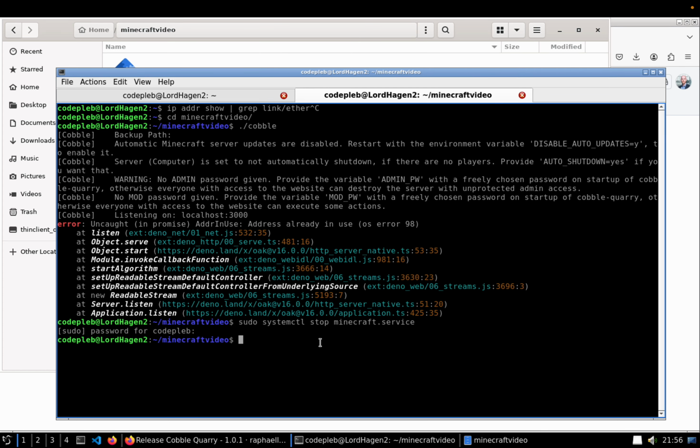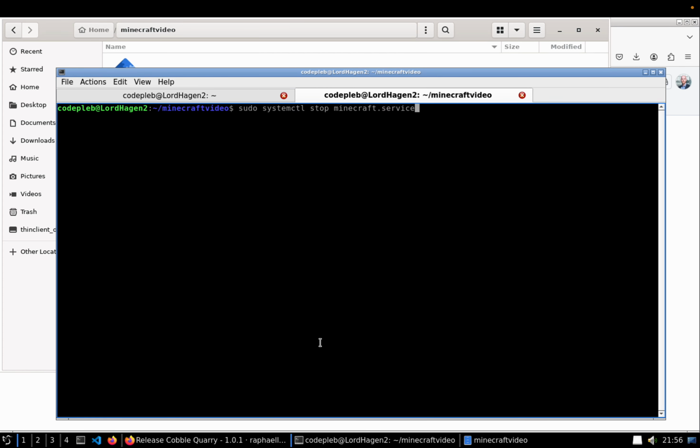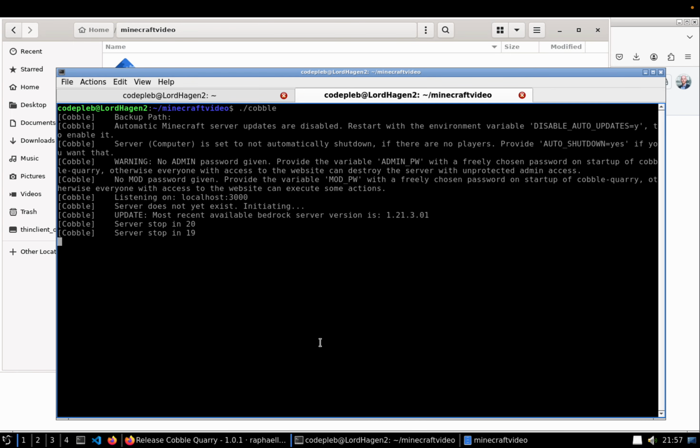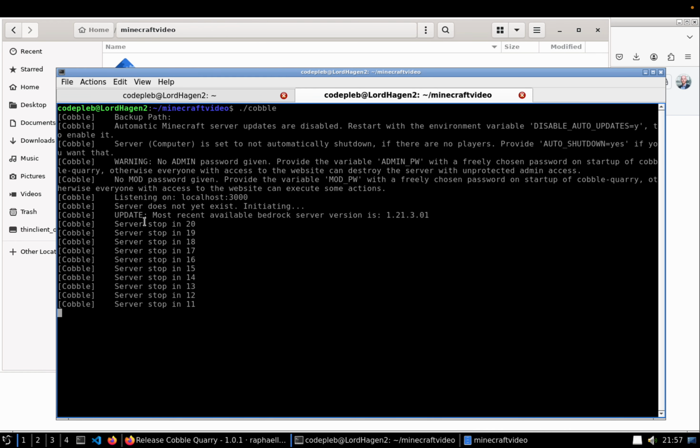Okay, that's fixed for now. So we start the Minecraft server as I showed. It was already running in my case. That's why an error occurred. So it starts, and because there is no server at the moment, the weird behavior is it will shut down